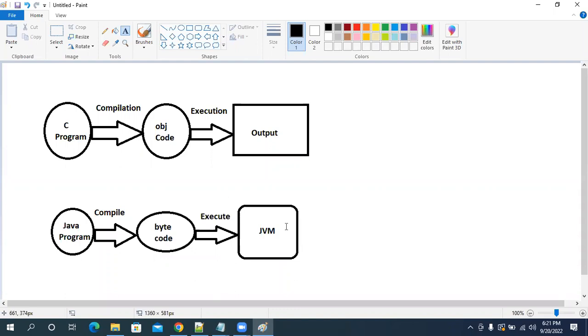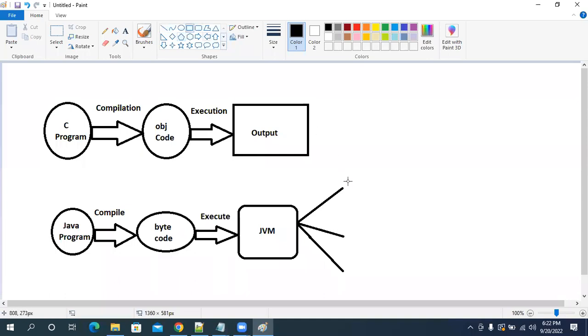Is that machine a Windows operating system machine? Is that machine a Linux operating system machine? Is that machine a Mac operating system machine? First, it is going to identify that. Our JVM will recognize where we are running our program. This JVM will convert our program into machine understandable format. Are you guys getting my point?